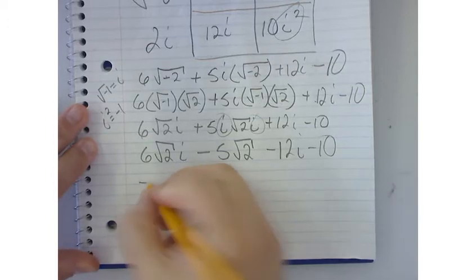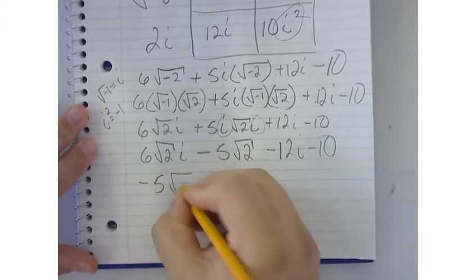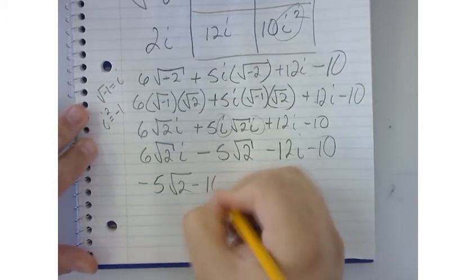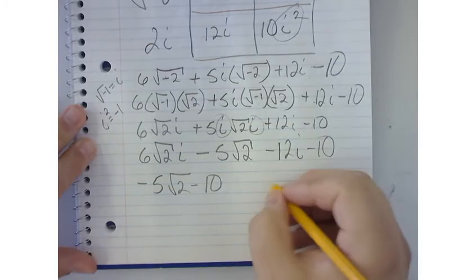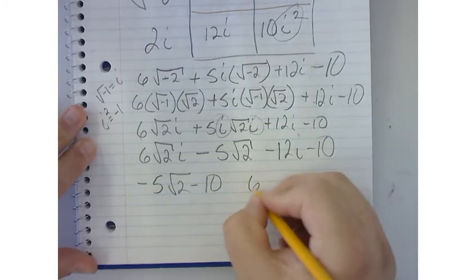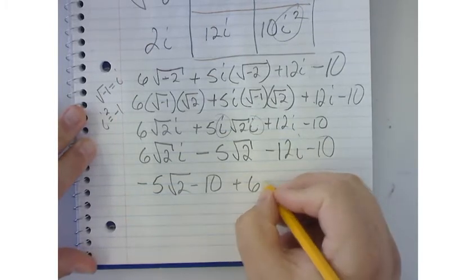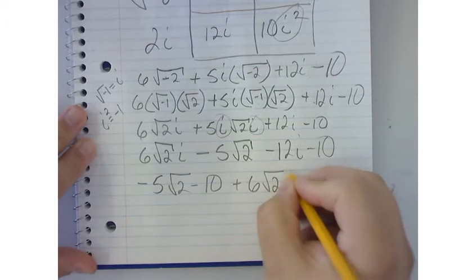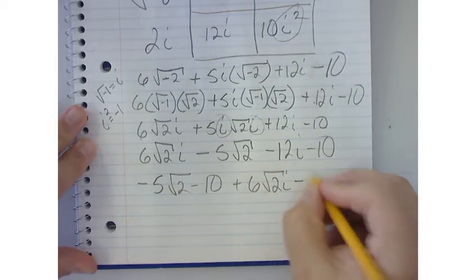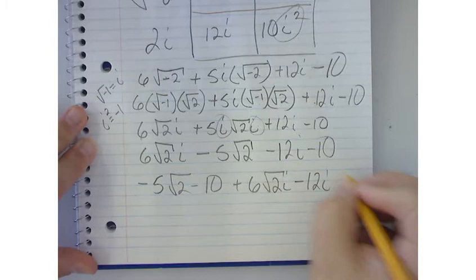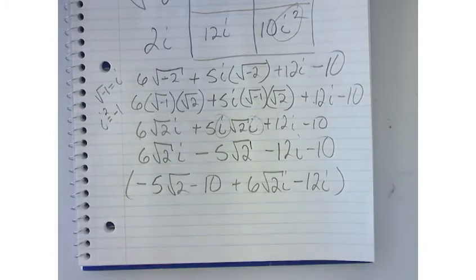Almost done. So now I'm going to put my real terms. I've got negative 5 the square root of 2 minus 10. That's the real stuff. And then over here I have positive 6 root 2 i minus 12i. And you might think that you could clean that up a little bit,